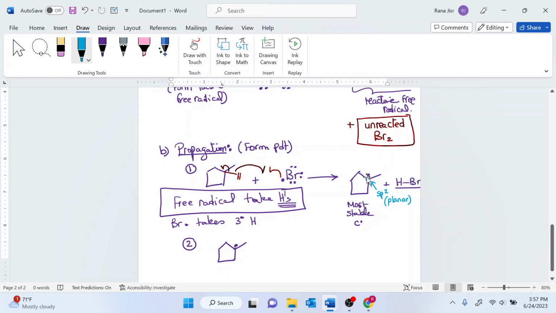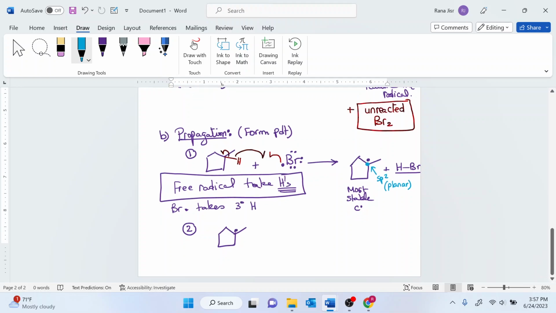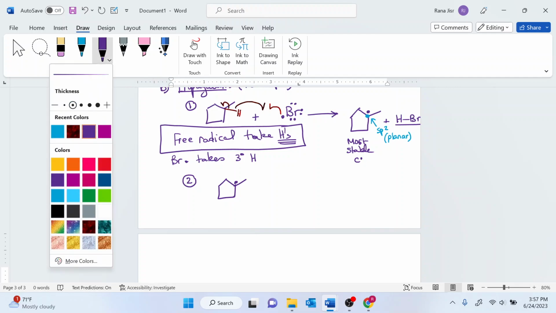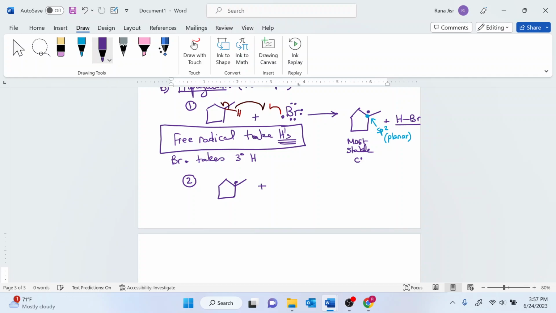So if you have a potential chiral center for the free radical, meaning that that free radical has 3 different groups. Here I don't have 3 different groups, but let's say if it has 3 different groups, then you would need to consider stereochemistry in the next step of the propagation. We'll have an example of this as we proceed in there. But here I don't have a potential chiral center, so I'm going to go ahead and proceed